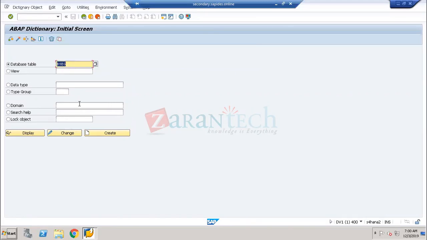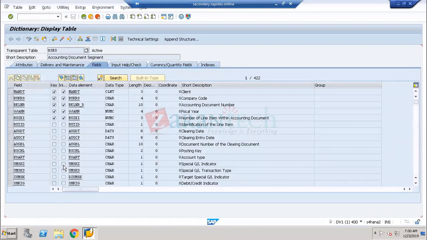So if I look at one table, which is called your BSEC table. BSEC table is a line item table. Now it is also active in my SAP S4 HANA. Now if I click on display, now this is my BSEC table. If I go to the technical settings, if I click on my technical settings,